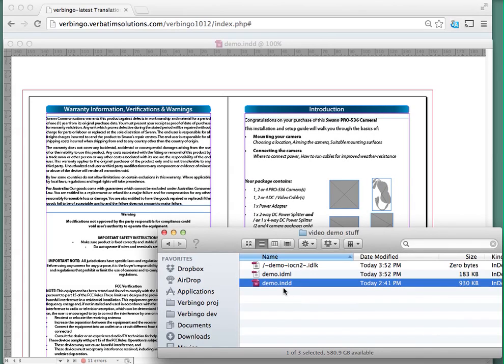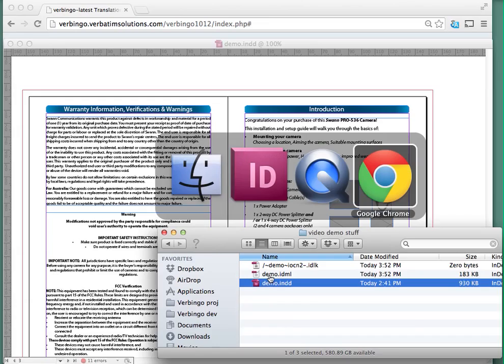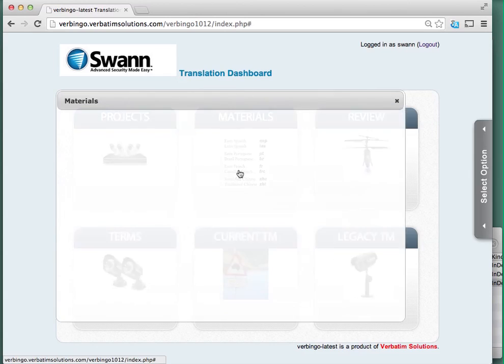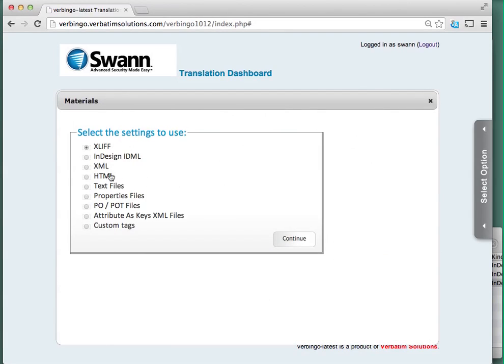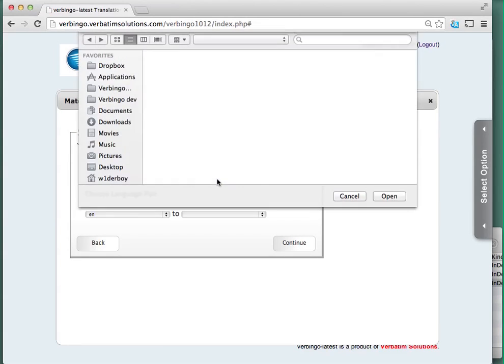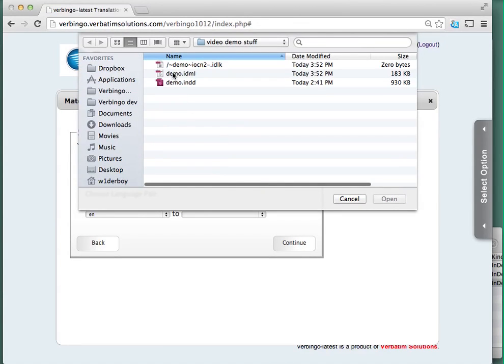The file that is output then is an IDML file, and this is the file then we will load into Verbingo. And Verbingo is browser based. It has a dashboard with several options. The option I want to look at here is materials, because this is where we sync up the materials. We click on the InDesign tag or option here, continue, and then we simply choose that file that we created, the IDML file,